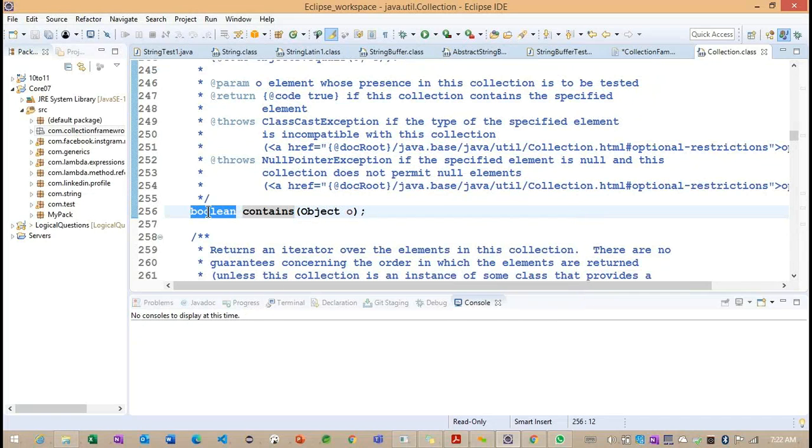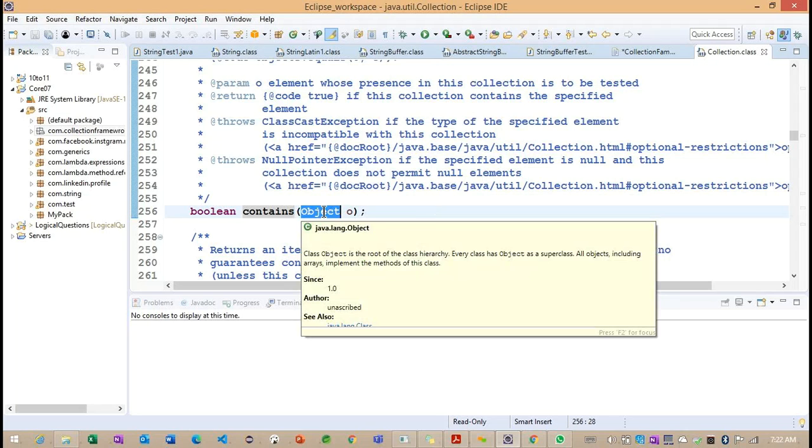The contains method is also trying to return a boolean. Getting the point? This contains method also returns the boolean data type, and this method is expecting an Object o as a parameter. So why does the contains method take Object as a data type? Why could they not provide an integer or a double? Why did they provide Object as a parameter?